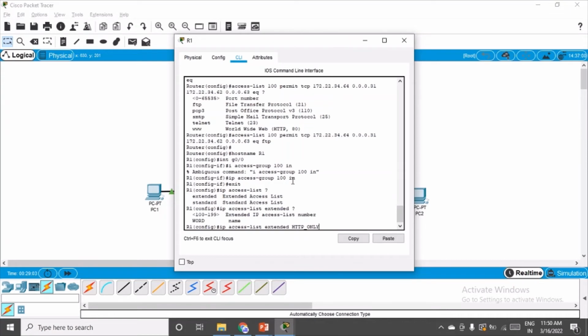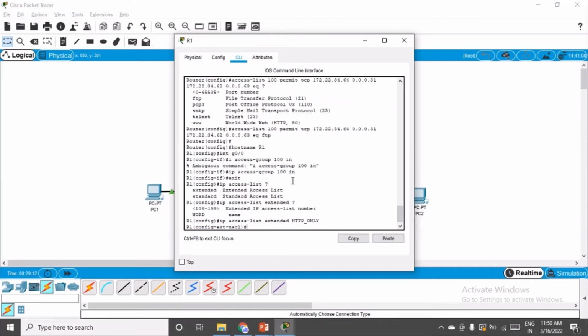Okay, and then click enter. Okay, so we are here in configuration extended named ACL mode. Okay, so now we have to allow and permit the traffic, that is permit